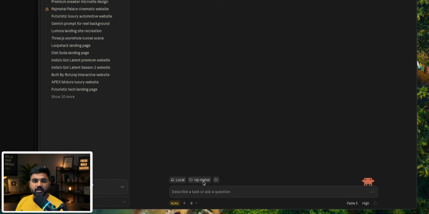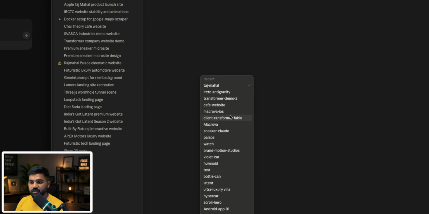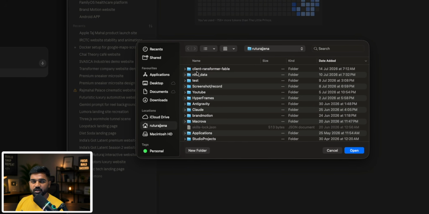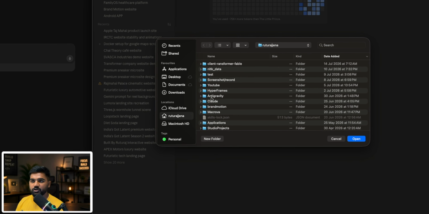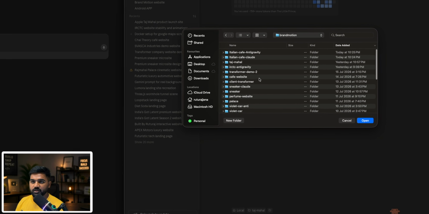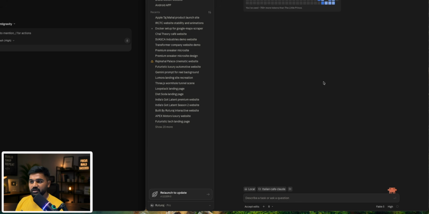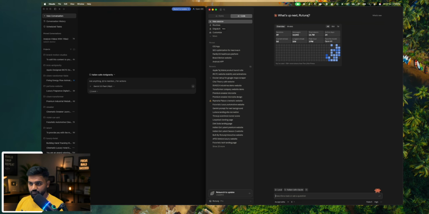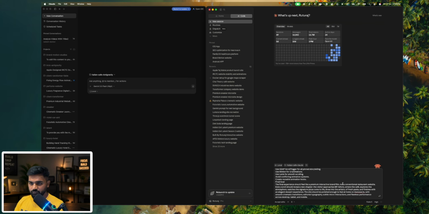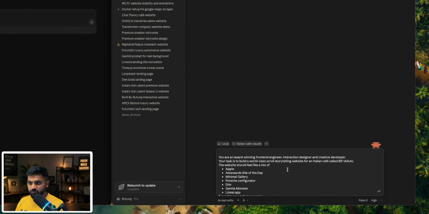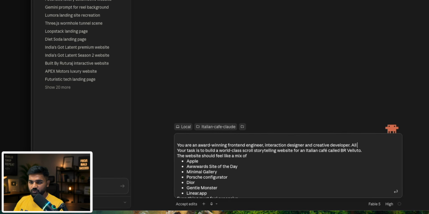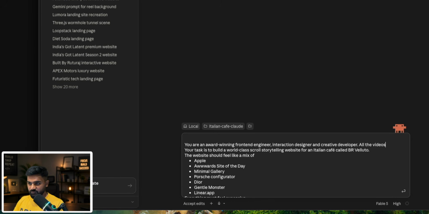I have already opened Antigravity and Claude Code side by side. I'll simply create a new session and open the folders that we created earlier for Claude and Antigravity. Claude, I just added, and for Antigravity, I have already added it. Okay, I'll paste the complete prompt and remove these headers which I don't need, and I'll specify